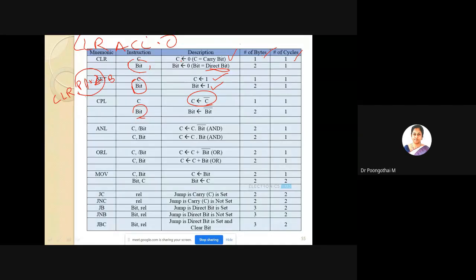Next one is ANL C with inverse of bit. C AND bit inverse, and after that, the result will be held by your carry flag. Similarly, ANL C with bit.